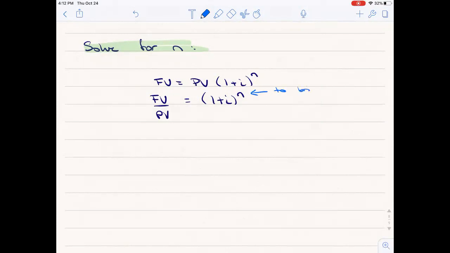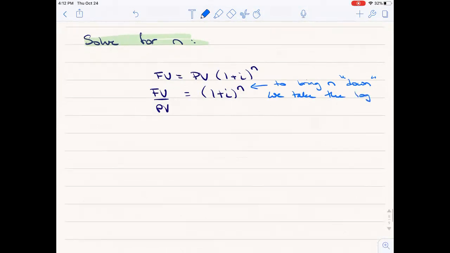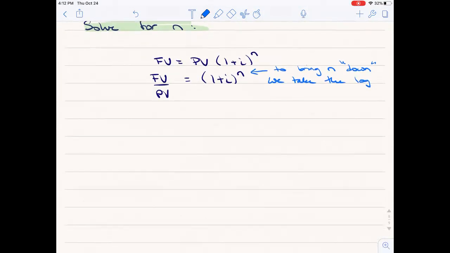To bring n down, we take the log, and we use the natural log typically. Doesn't matter, you can use any log, but